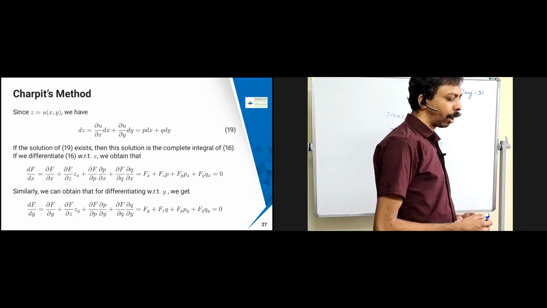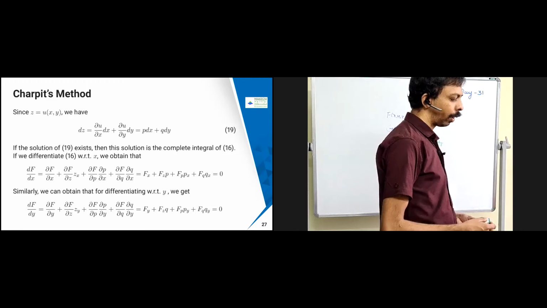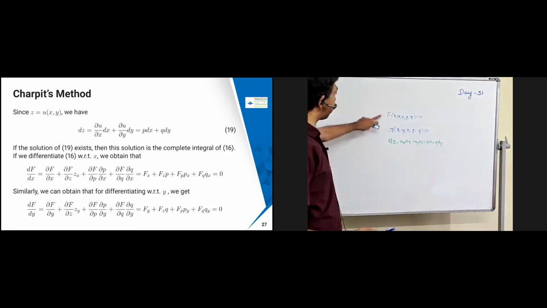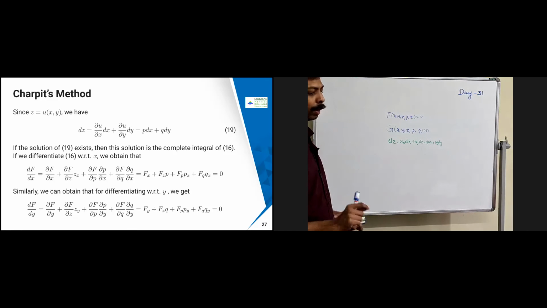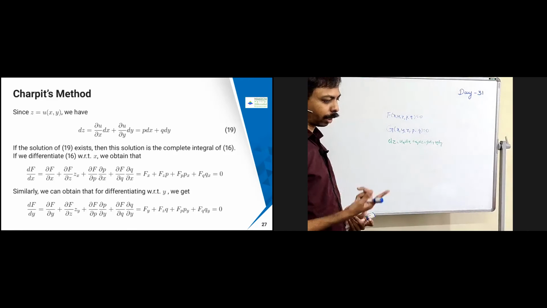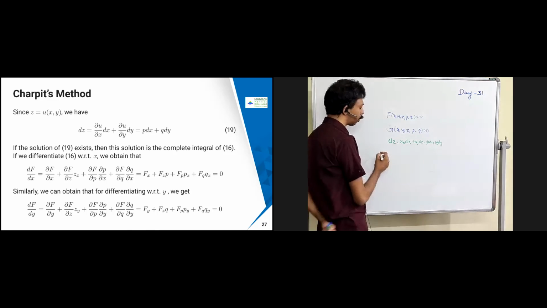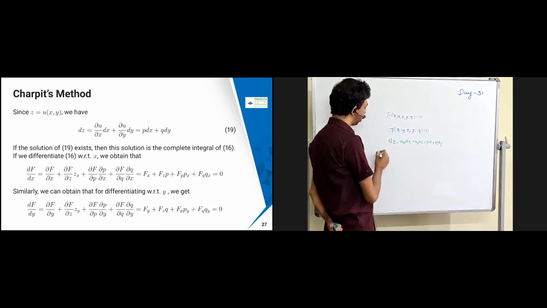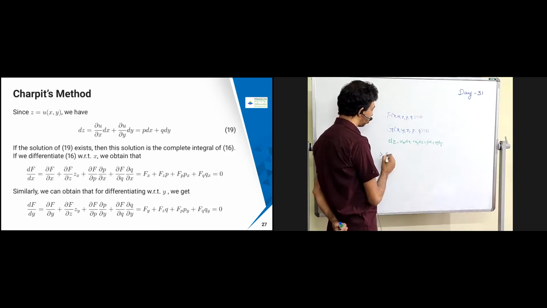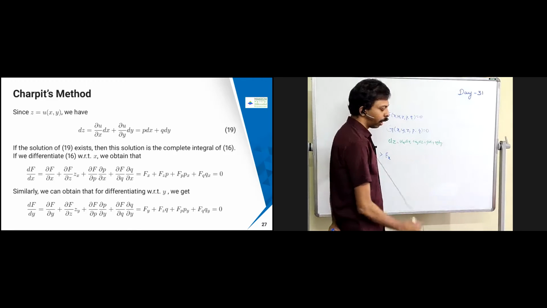Okay, now we are going to differentiate f with respect to x first. Then I am going to differentiate with respect to y also. Then we will see. So if I just differentiate this with respect to x, what am I going to get? I am going to differentiate only with respect to x. So f_x is going to come. Okay.